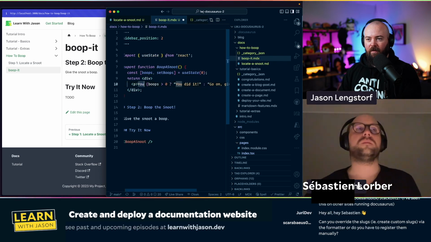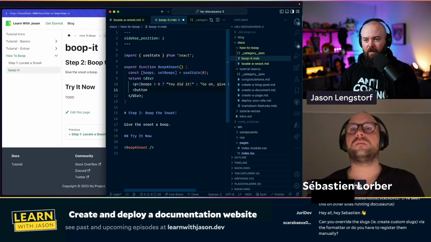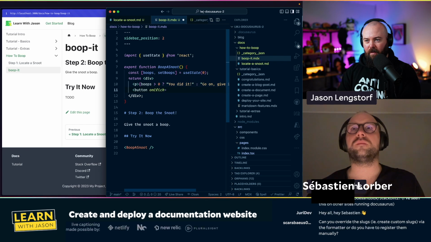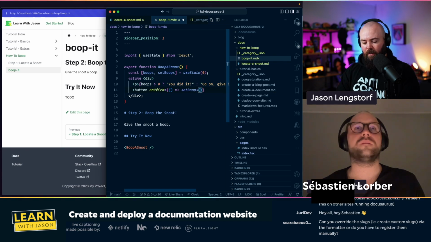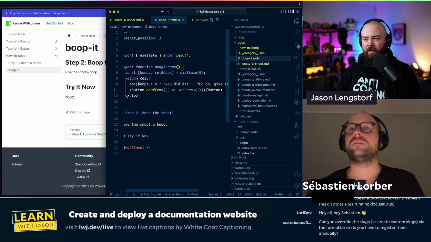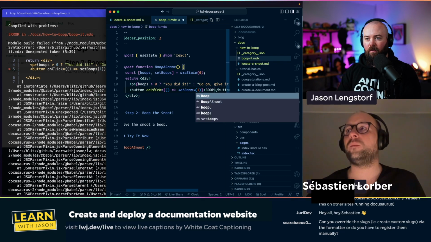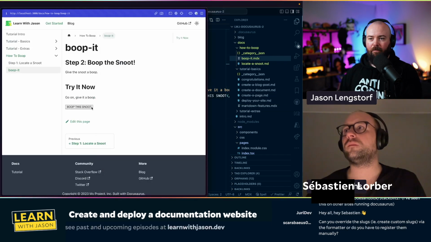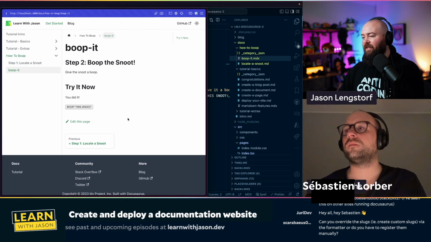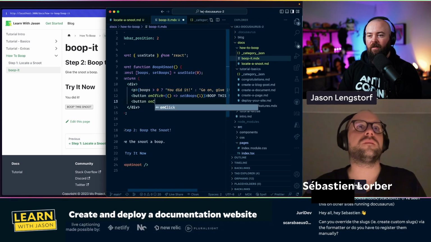Okay, and then I can get rid of this, close this, and then down here we want a button, and the button will be an on click that will give us a set boops to be. We'll just, that'll serve our purposes. So I'm going to do it like that. Oops, I can't write code. Okay. And there we go. We now have usable stuff,